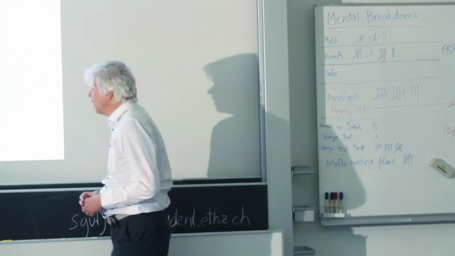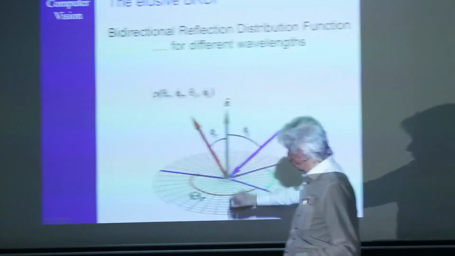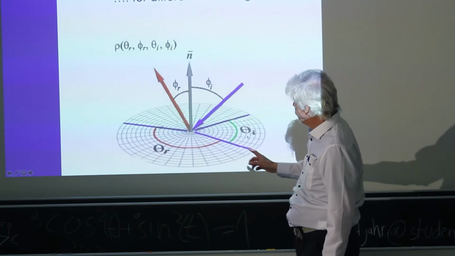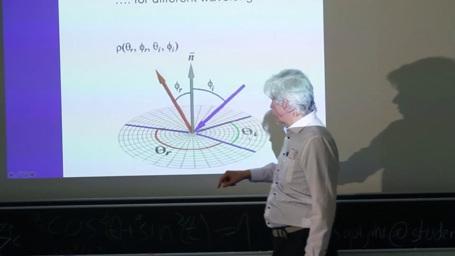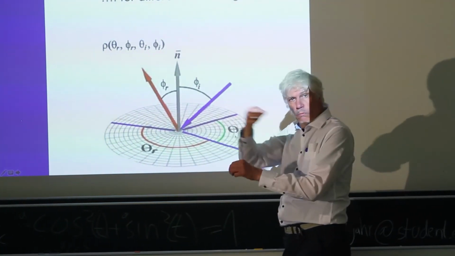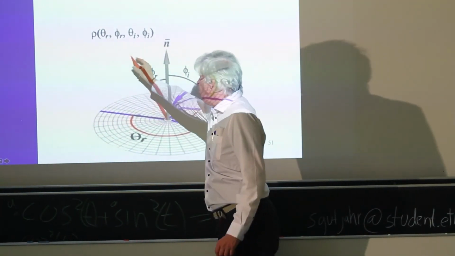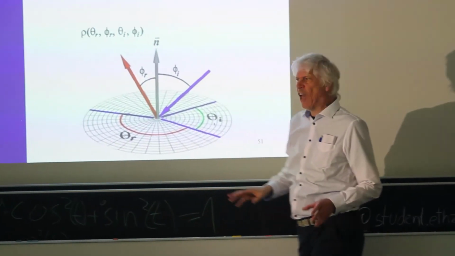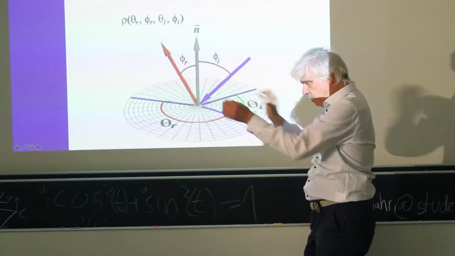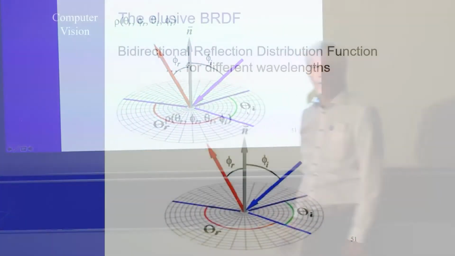So the idea is that if you have a patch on the surface and you have a normal and you come in at a certain angle here, then you want to know how much is being reflected in different directions. But for all incoming angles, this blue vector, any direction, you want to know for each of these directions what happens in terms of reflection in all the directions of that red angle. So you want to have any blue angle or any incoming blue vector, any outgoing red vector in relative positions, and be able to answer from the light that comes in how much is getting reflected,